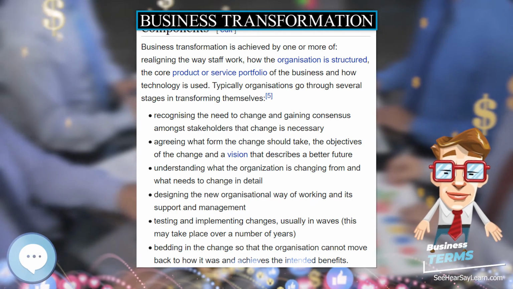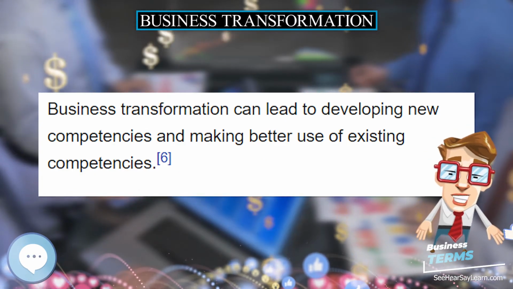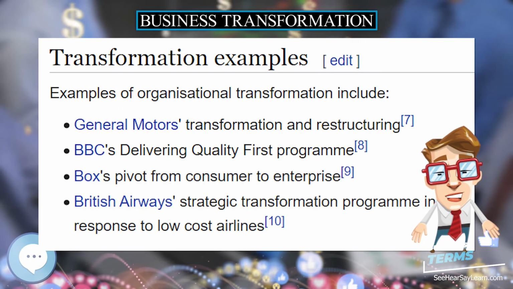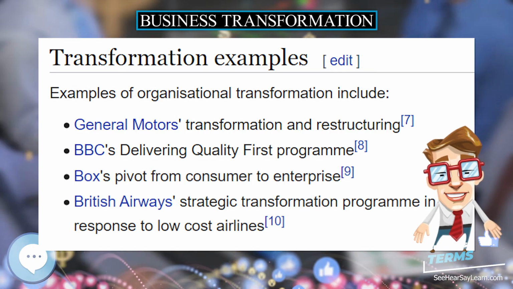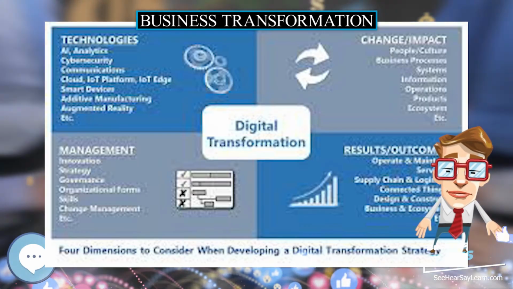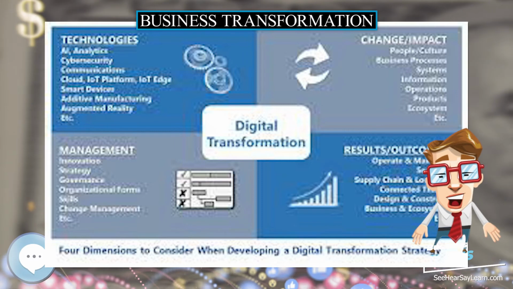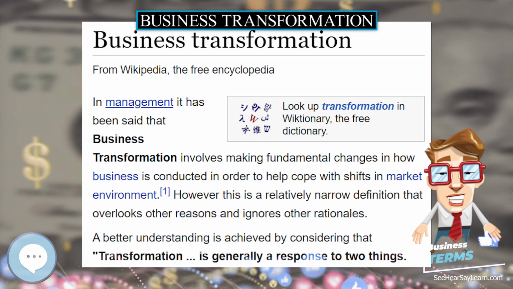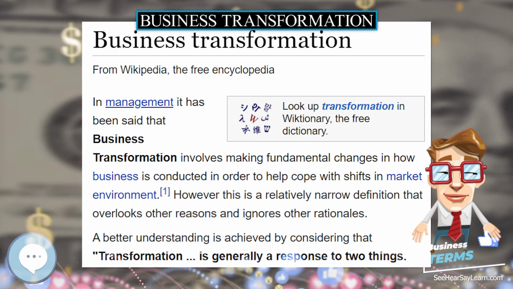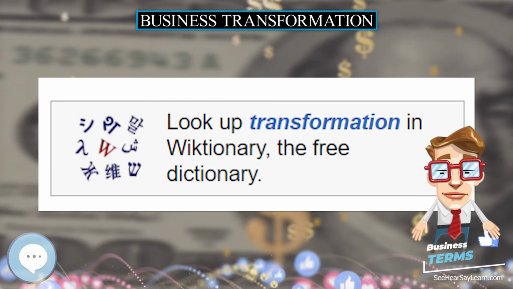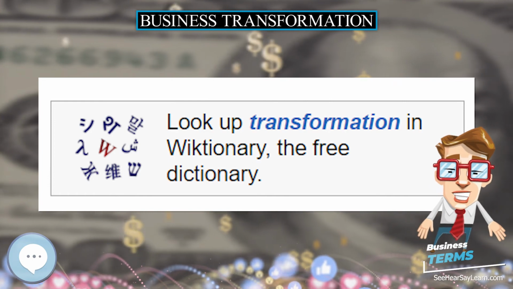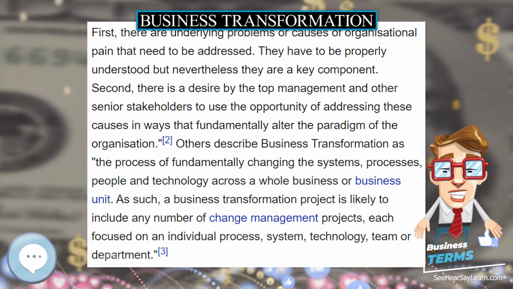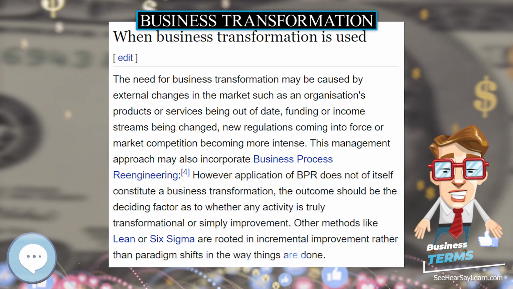Components. Business transformation is achieved by one or more of realigning the way staff work, how the organization is structured, the core product or service portfolio of the business, and how technology is used. Typically, organizations go through several stages in transforming themselves. Business transformation can lead to developing new competencies and making better use of existing competencies. Transformation examples of organizational transformation include